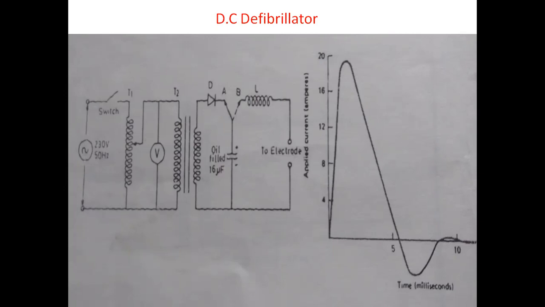If the capacitance C is 60 microfarads and the voltage is usually 6000 volts, then the energy stored in the capacitor is given as E equals half of CV squared, where C is the capacitance, 60 microfarads, and V is the voltage, 6000 volts. That gives around 288 joules. So 288 joules will be produced with this 60 microfarad capacitor by applying 6000 volts.